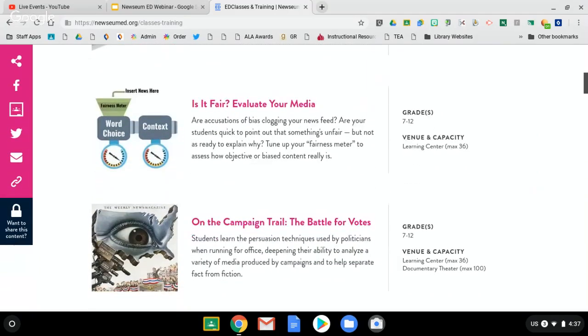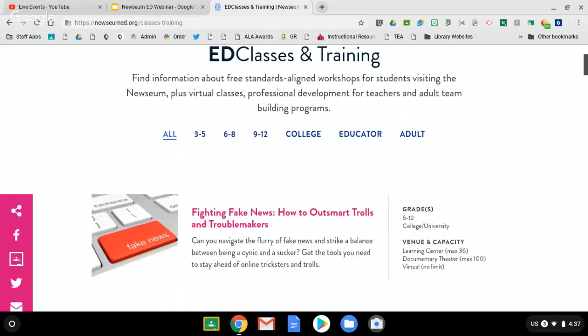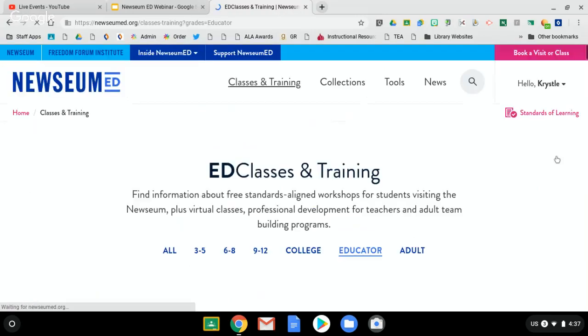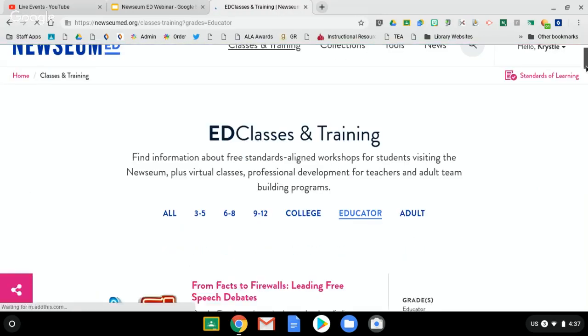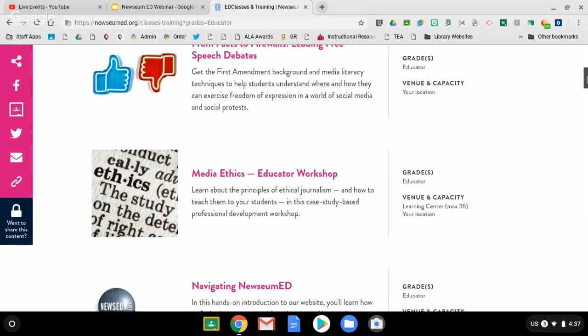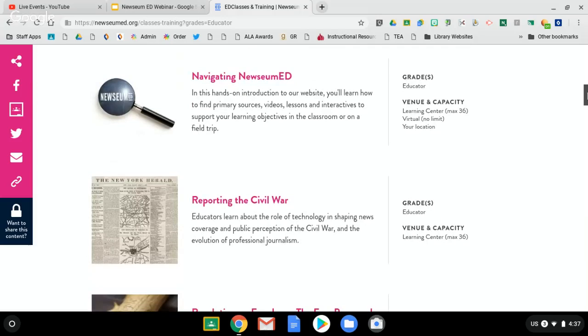Evaluating media. If we move to educator, we have educator workshops, media ethics, leading free speech debates, reporting the Civil War,